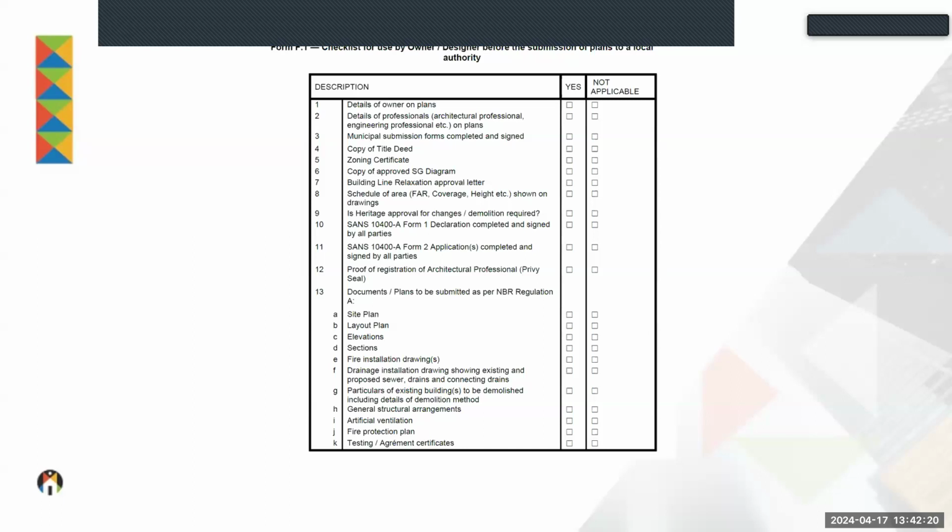Schedule of area, that is FAR, coverage, height, etc., shown on the drawings. Heritage approval for changes, demolition required? Yes or not applicable, and if it's yes, obviously attach it. SANS 10400 Form 1, declaration completed and signed by the parties. Form 2, completed and signed by the parties if required. Proof of registration of architectural professional, in other words, at least the QR code of your Pri-Seal on your building plan. Documents and plans to be submitted as per NBR: site plan, layout plan, elevations, sections,